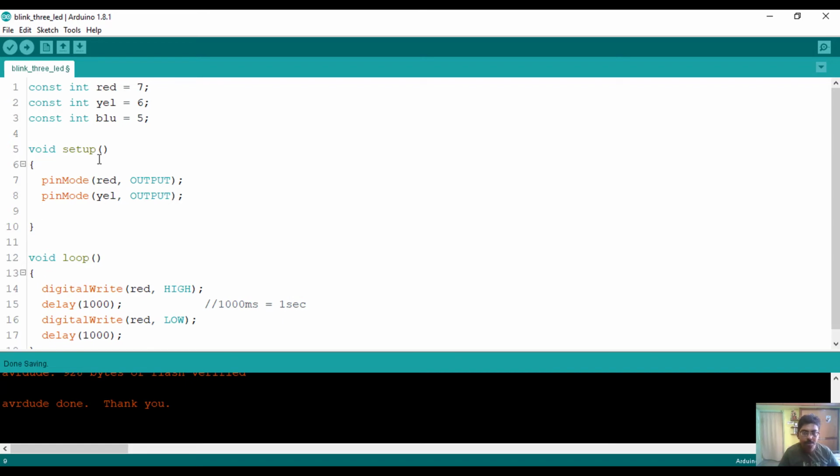Next, I am going to define the blue LED pin as output. I am going to copy and paste it and then change it as blue LED.